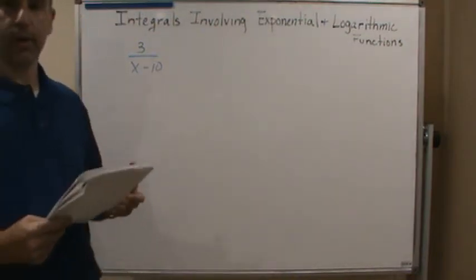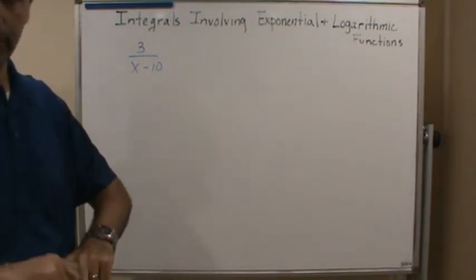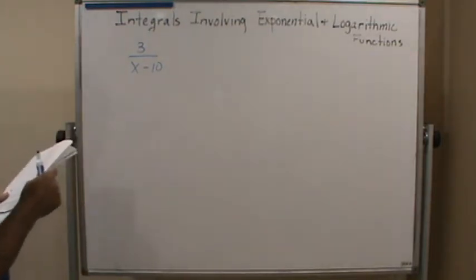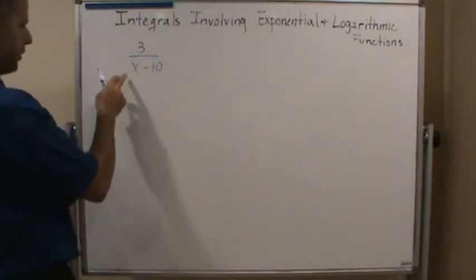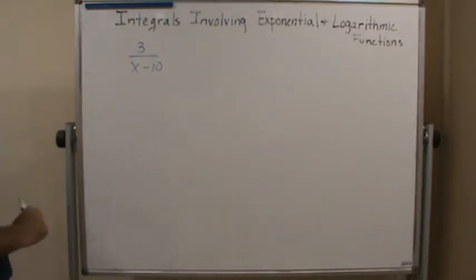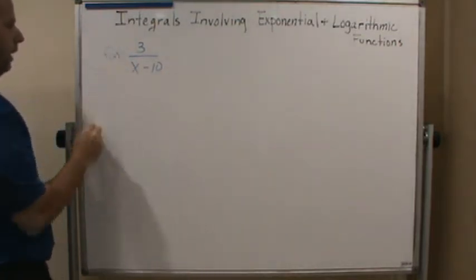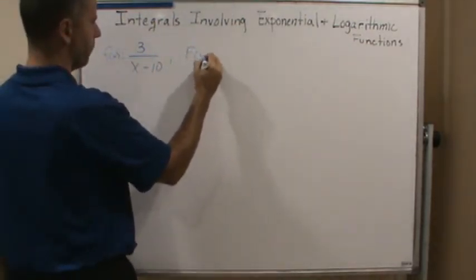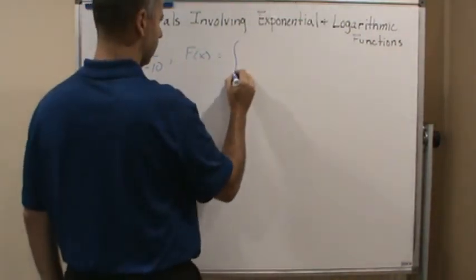Okay, so let's get to work. Let's find out how we can find the antiderivative of this function. So we want to find the antiderivative of this function. And so what do we have here? We have a fractional expression, 3 over x minus 10, and let's say this is equal to f of x. And so we want to find the antiderivative. We want to find capital F of x. And so we're going to integrate